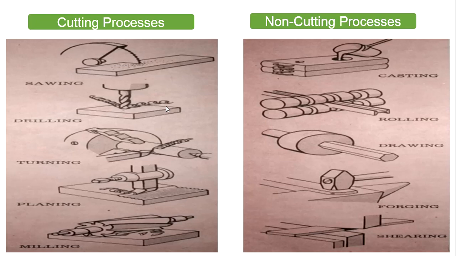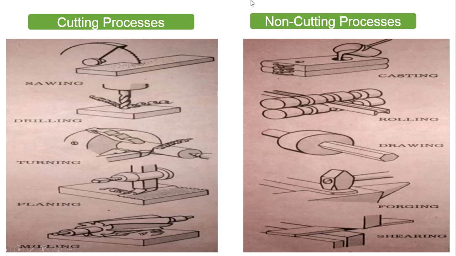Secondly, what is the basic requirement in machining? The basic requirement is that your tool should be harder than the workpiece. That is, the hardness of the cutting tool should be more than your workpiece. Otherwise, what happens if the hardness of workpiece is more and the hardness of tool is less? Your tool will get machined, so chips will be produced from the tool rather than your workpiece. This should not happen. You have to always see what type of material you are machining, and based on that you have to select the cutting tool during machining.